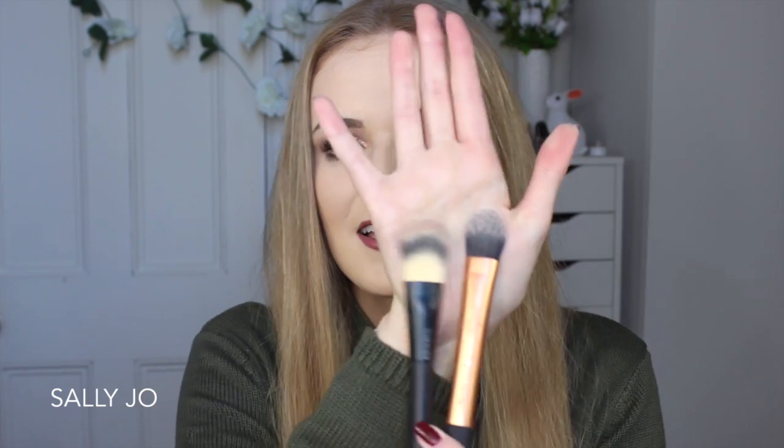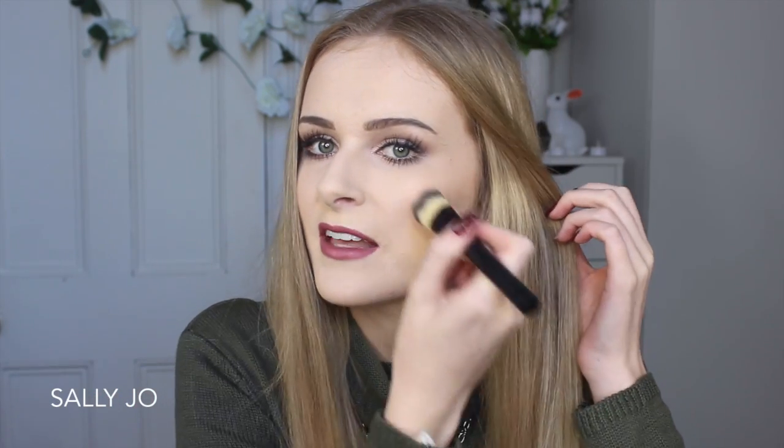Okay, next is my favorite foundation brush. If you think of foundation brushes, you might think of ones like this that are flat. And these are fine. I mean, I have some friends who use these and it works for them. I personally don't like these on me. I use them still to set my under eyes and stuff with powder, but I find that having a flat one like this actually creates more work for yourself because you kind of get strokes, almost like paint strokes